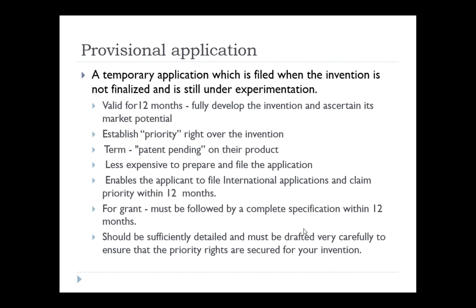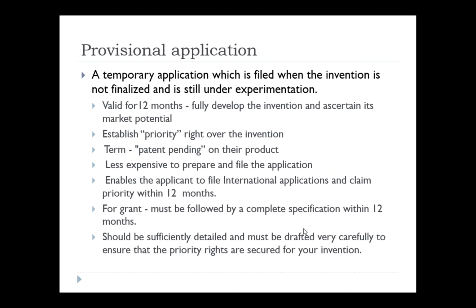If someone copies your invention because it is easily modified, and you filed it as a complete filing, please understand that if they make even a small modification to your invention, you cannot claim it as your patent. But you can give it for lab testing and all those things, but don't disclose the entire content. Please be clear about it. But here the author can establish the priority right over the invention, right?